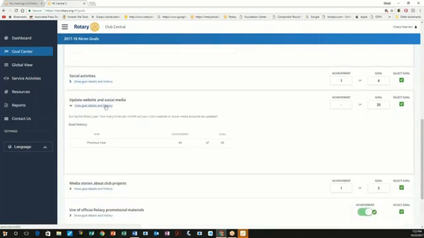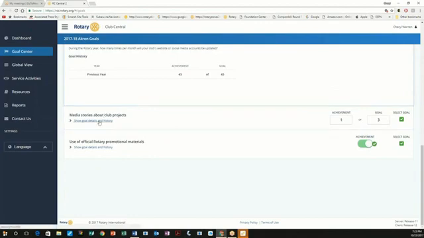Your website and social media. Rotary International wants to know how many times a month your club updates the website or your Facebook or Twitter accounts. And again, this is something you have to come back and manually enter. So for instance, the person that's managing the website and social media for this club is reporting that to someone, and then that person is going to go in and put the achievement in, because that's a goal our president has chosen to select. But it's a manual entry.